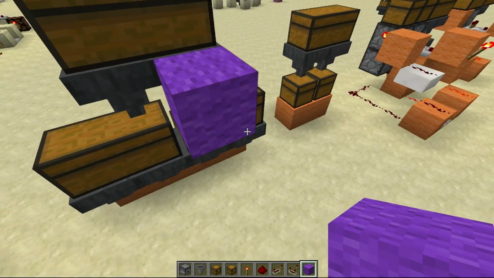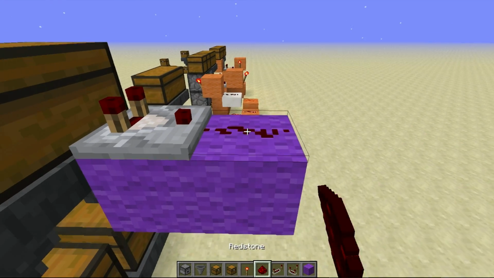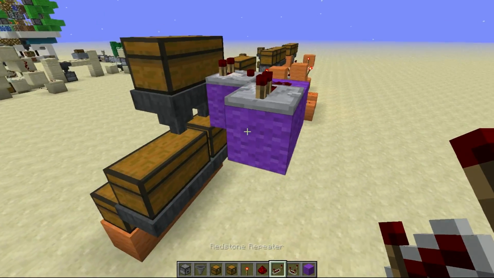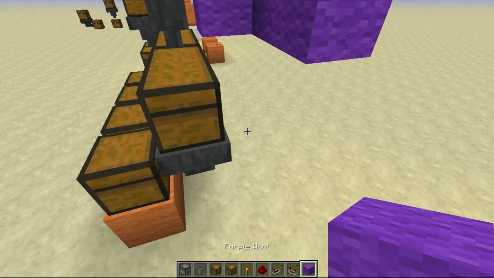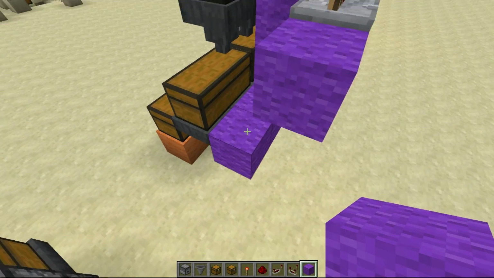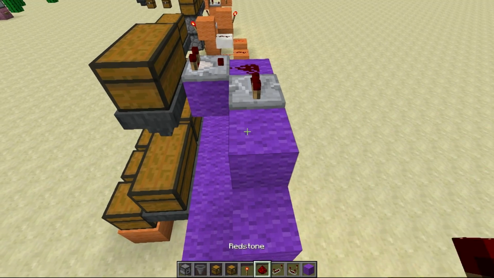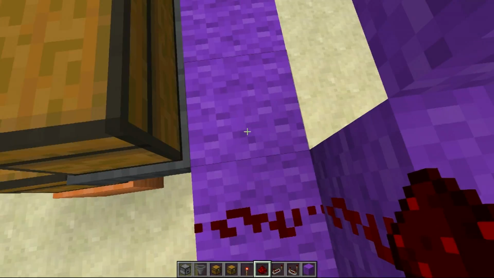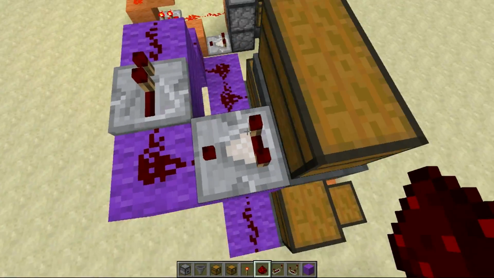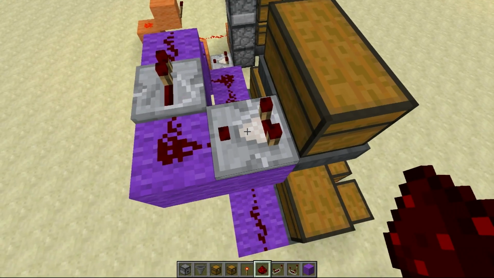So here what I'll do, I'll just set up a simple comparator to detect when there are items in this double chest. And what we'll do is we'll just do something like this. So here what will happen is when there are items passing through this chest into the hoppers beneath it, this will be powering this comparator,